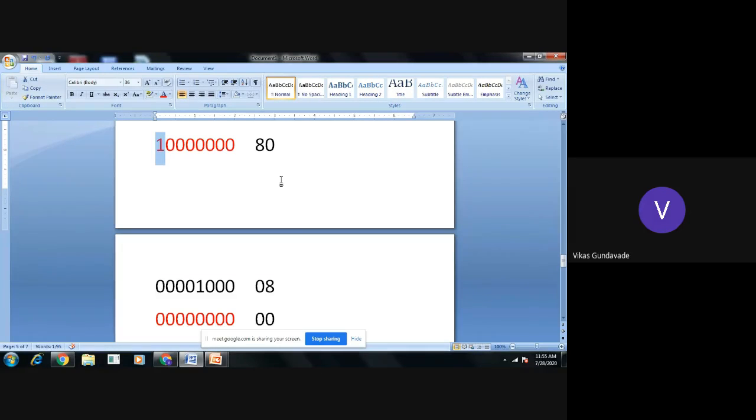So the carry status which is generated during the previous addition is not considered for further addition. So we need to change only the bits D3 and D4. These two bits need to be changed. How can we change these bits?